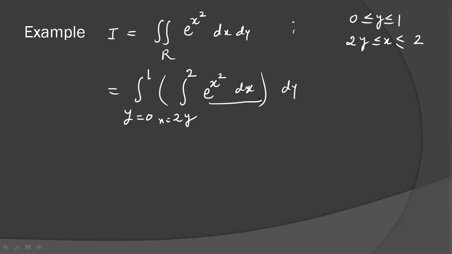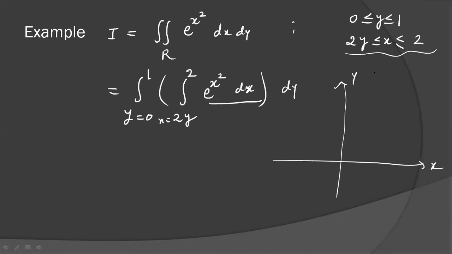Can we integrate e to the power x square with respect to x? No, we cannot integrate it in the finite limit. If it is 0 to infinity, that's also not possible, because this integration is not convergent. So it is very difficult to make it into a gamma function. If it were e to the power minus x square, then we could think of it when a limit is infinite. But here it is not integrable in the given region, because the strip is drawn parallel to the axis and the x limit is in the form of a variable.